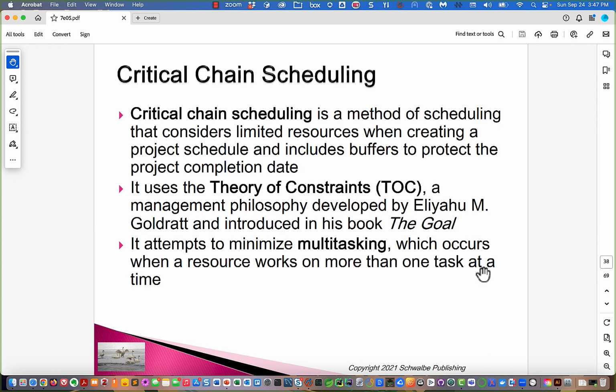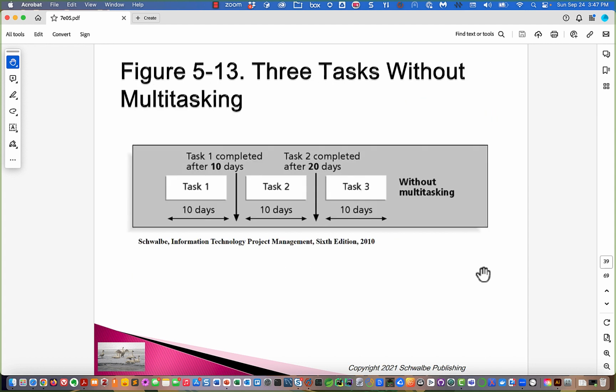Okay. Another idea has to do with multitasking. Okay, and I would say that the general thought that people had in the work world up until just a couple of years ago was that multitasking was a good thing to do. People who were good multitaskers were good workers. Okay, and you needed to find the multitaskers and get them on your team, and the other people you wanted to stick somebody else with. Well, these folks are saying that multitasking isn't as good as people think,